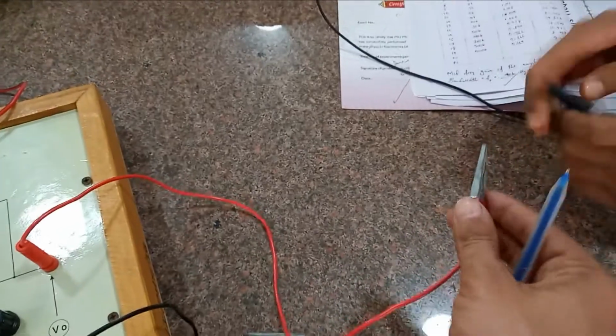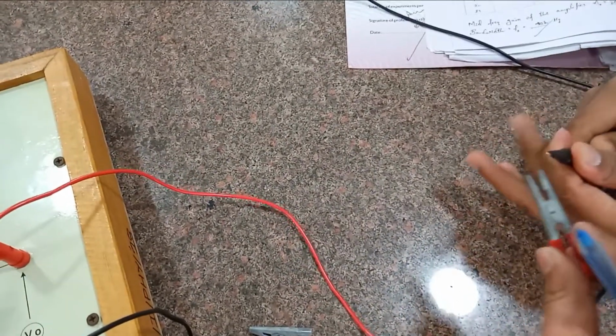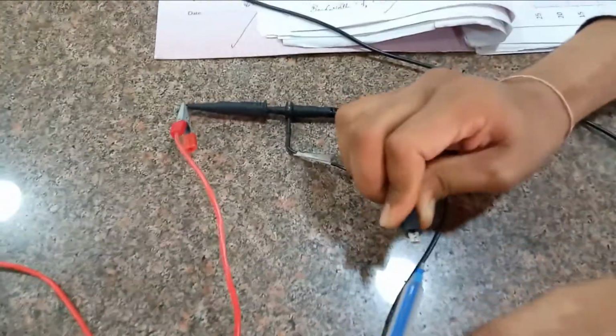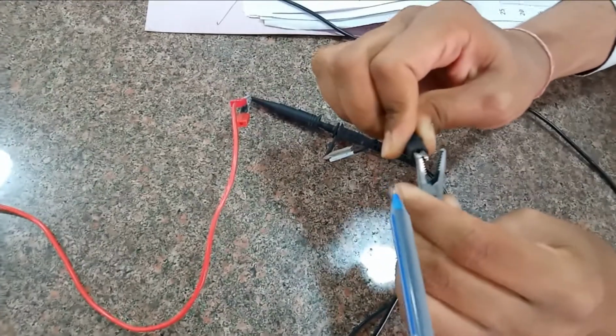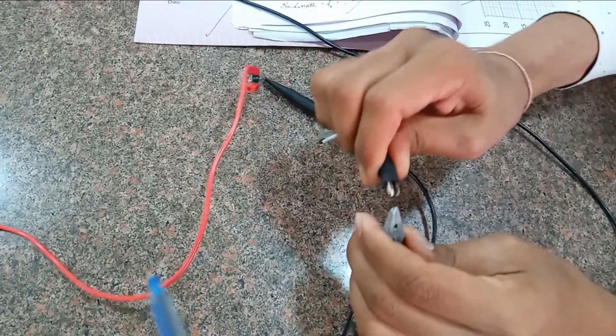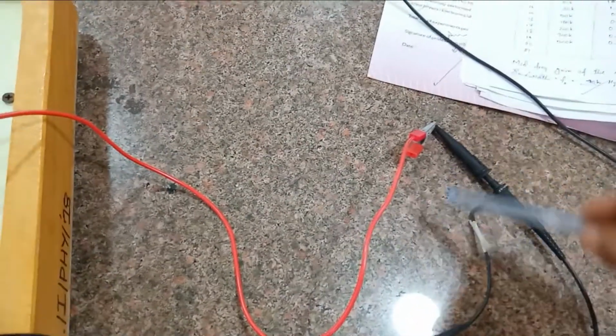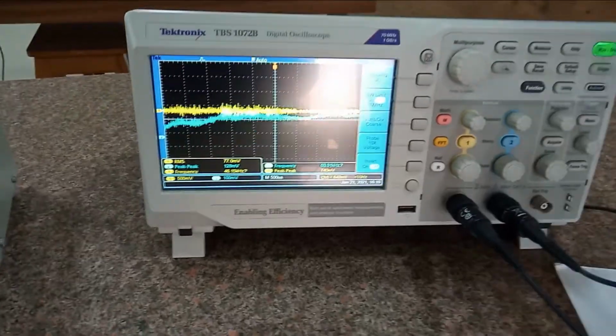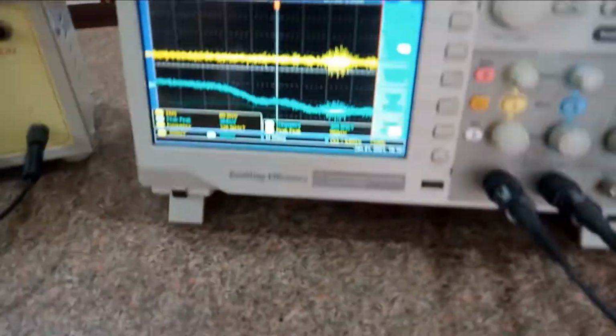Now this is connected to this one. This is the positive. Remember, we will have this kind of pin where this is the positive and this is the negative one. The negative one will be connected to the negative terminal, right? You can see how it has been connected. Try to make a separation between them. You should not get shorted. Okay, fine. So you can see nothing is there on screen, because we have not set anything.